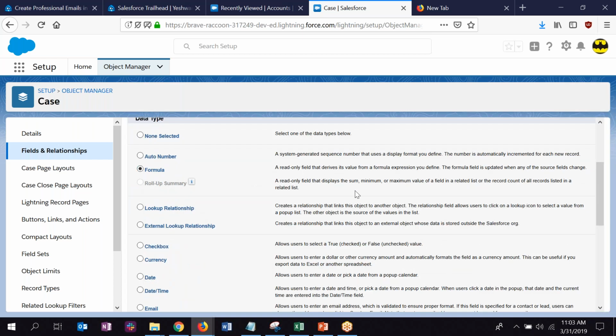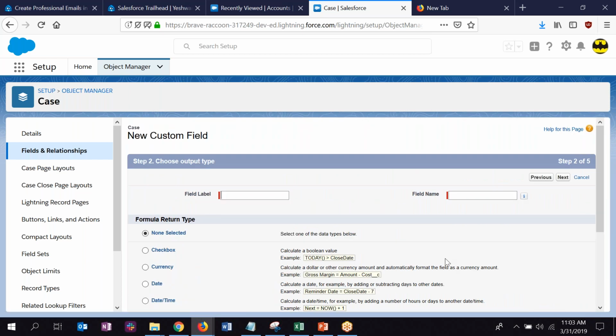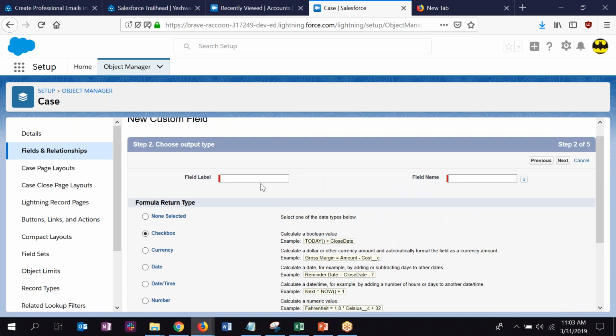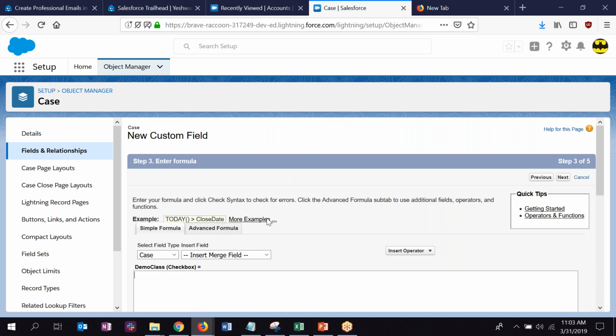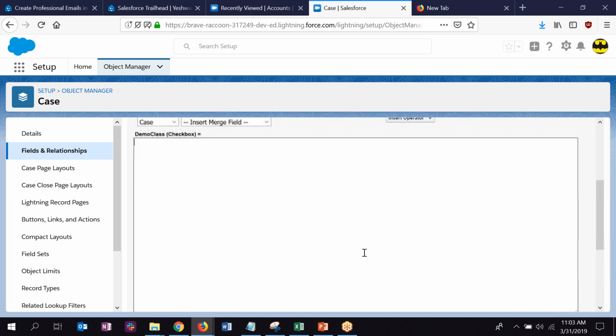Then there's the formula field. Let's take a formula field. Okay, I'm creating a formula field. We'll just say demo class. It automatically populates your field name also. And I said before, you people asked, do I need coding? And this is the fun part of it. Okay,